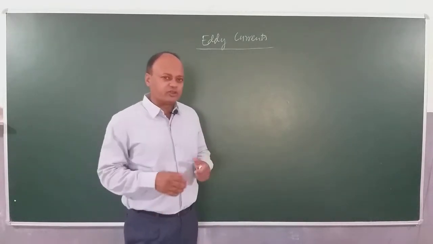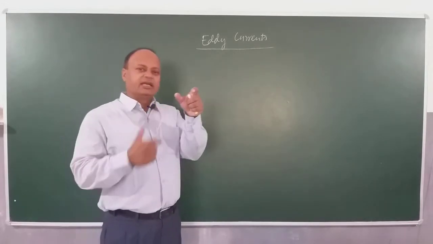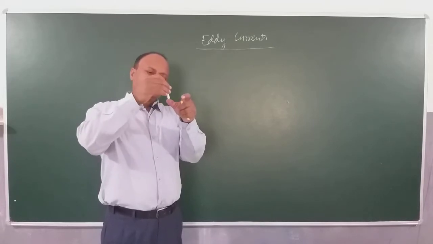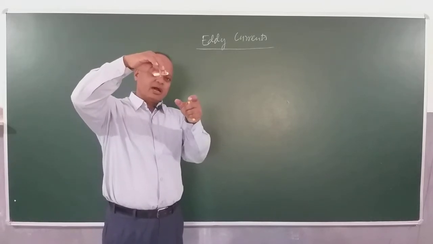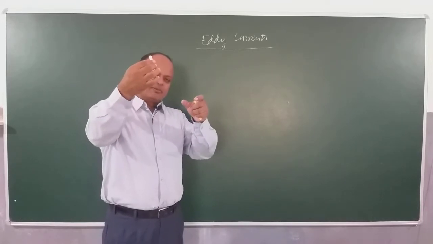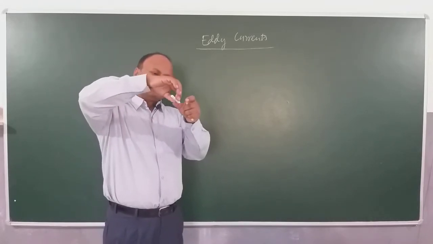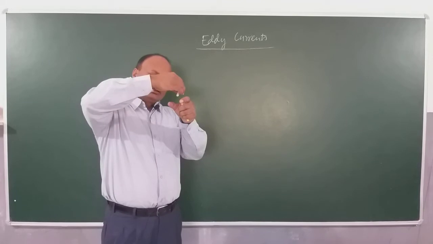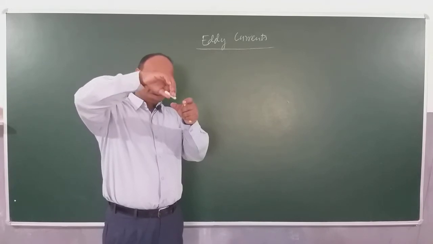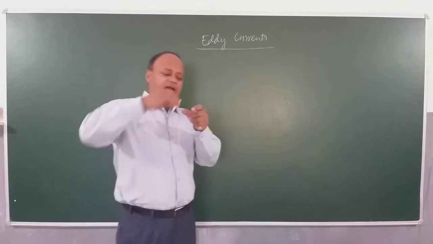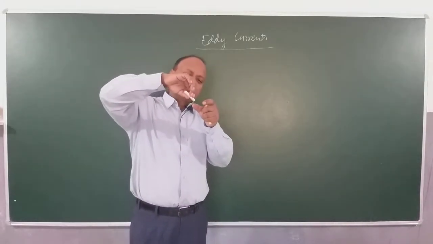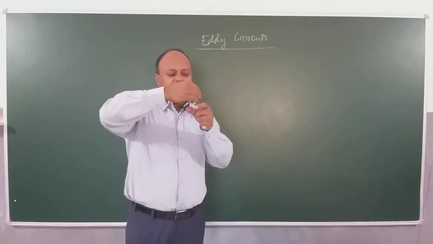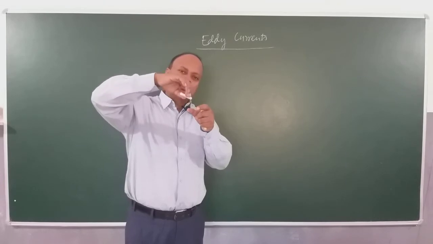Let's imagine a situation in which my two fingertips are acting like poles of a magnet, right? And then this chalk is like an iron bar or any bar made up of ferromagnetic substance, and it is moving between the poles, swinging in and out. As it is going between the two poles, we can clearly see the flux is increasing, and going out the flux is decreasing. Again, going in, flux is increasing, going out the flux is decreasing.